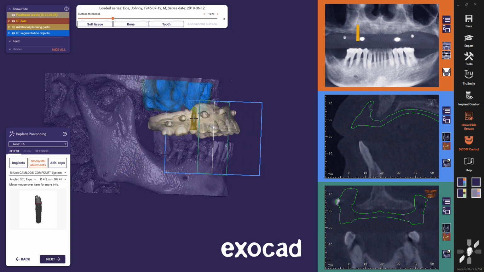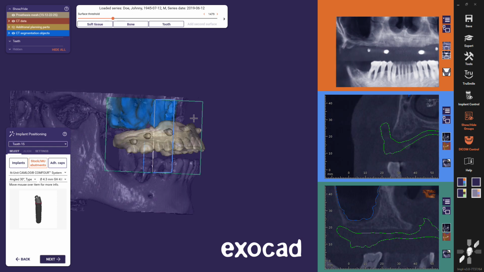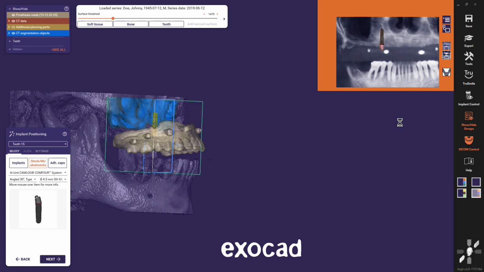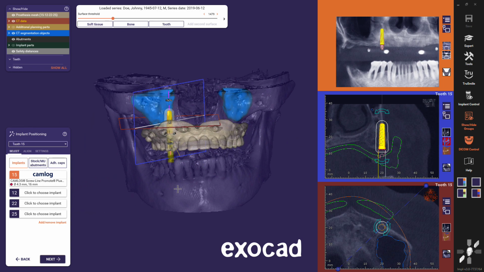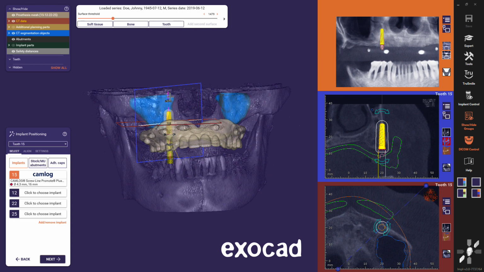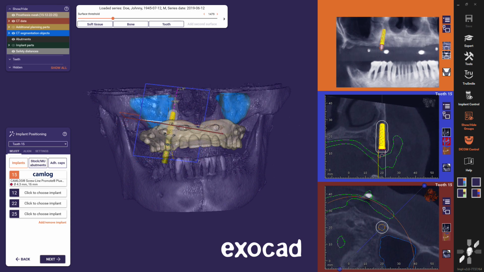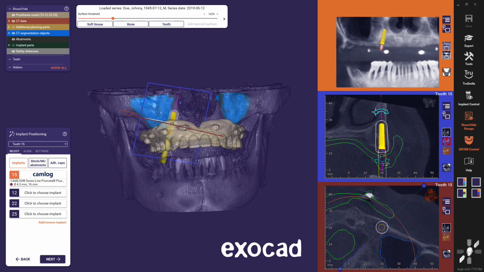When I place an implant, I prefer to first roughly place it in the secondary view curve cut, the secondary view with the blue frame. To focus the secondary view to the area of interest, I click with the mouse wheel on the denture tooth 1/5 in the 3D view. After that, I place the implant in the secondary view curve cut by clicking the left mouse button. As soon as I have placed the implant roughly, the secondary views change to the implant-centered secondary views, implant cross and implant axial. I use the arrows in both the 3D view and the secondary views to modify the position of the implant.